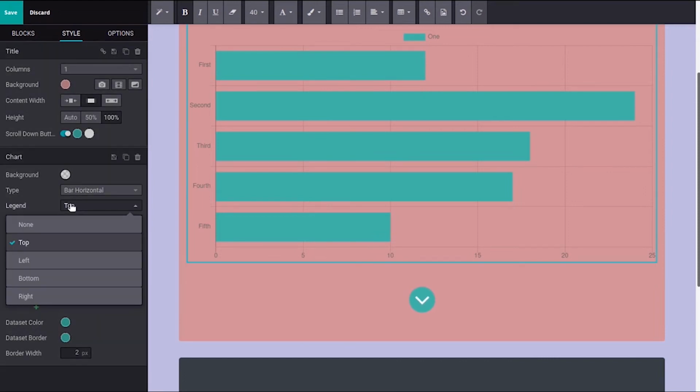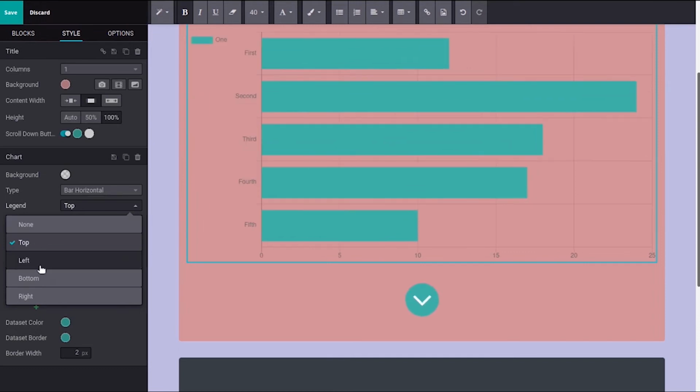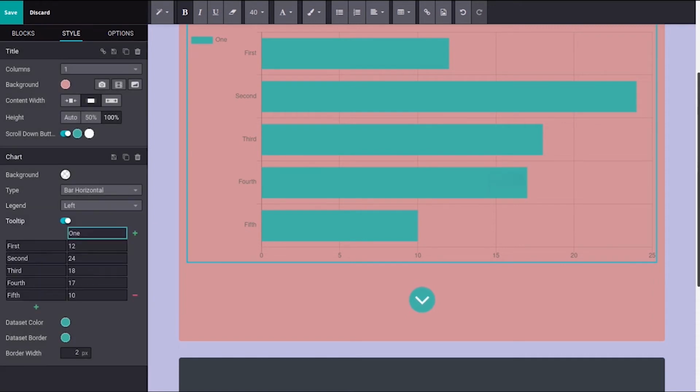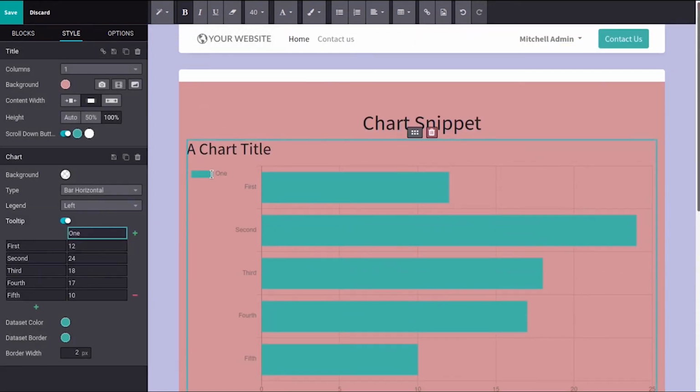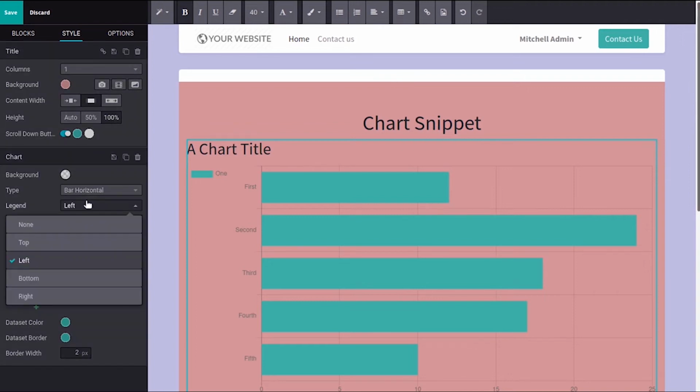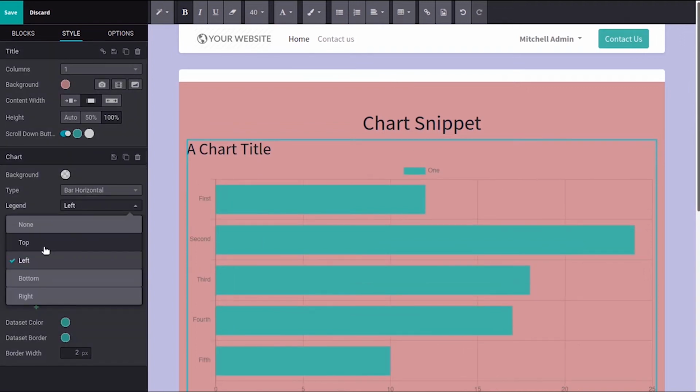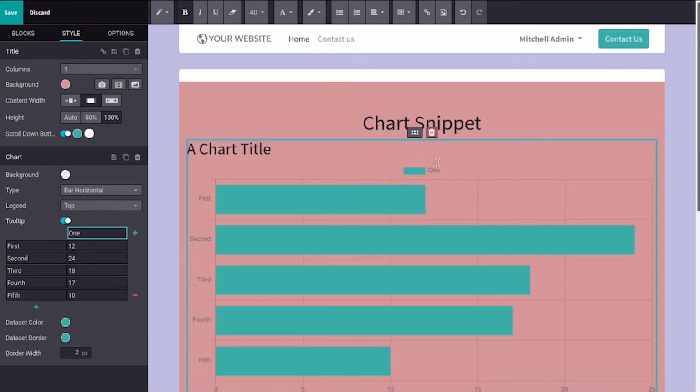Then you can set the legend, that is top, left, bottom. So if you change this, you can see this one appears at the left side if you set the left. Then if you select the top, then it appears on the top of the chart. Then you can also add a tooltip.